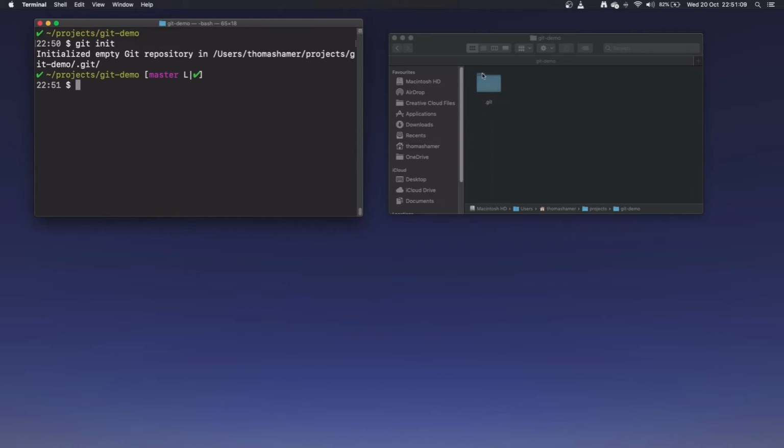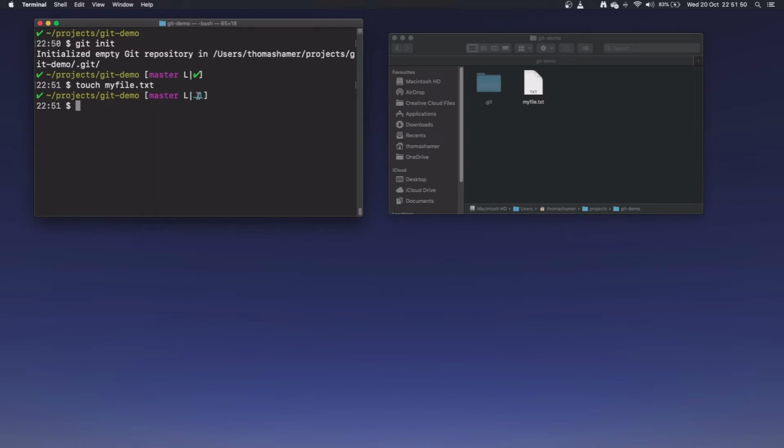Inside of here is kind of outside the scope of what you need to know about, but basically this is where all of the Git magic is stored for your repo. So this is now a repository, this folder, and it's scoped at the level of this folder. So if I add more folders into this folder here, that will also fall into the ability of this repo to track it. So what I'm going to do is I'm going to create a new file using touch, which is a bash command. It's going to go